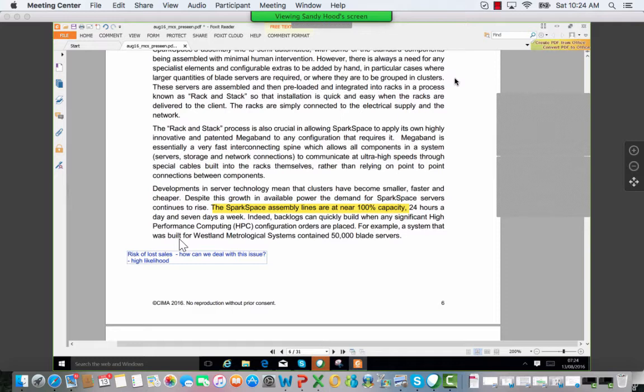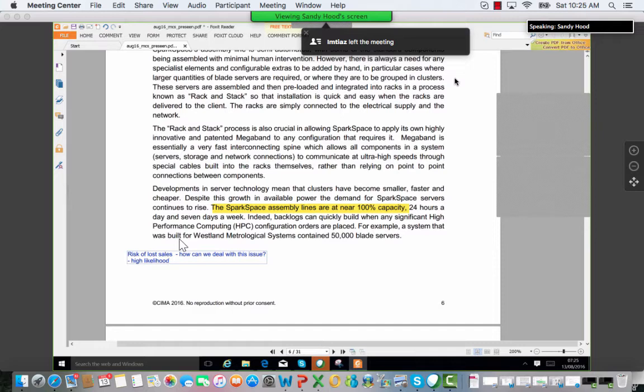Because it doesn't take much for us to get a large order and immediately have the problem of, well, some of the other more standard servers would have to wait. We know that the standard servers tend to be competing in a price competitive market. So because they are competing in that kind of a market, we are fairly generic. And if you're dealing in that sort of area and you turn around to a customer and say, I'm sorry, we've got a delay, well, they can simply say, well, that's all right, we'll just go and buy from another supplier. So that kind of risk